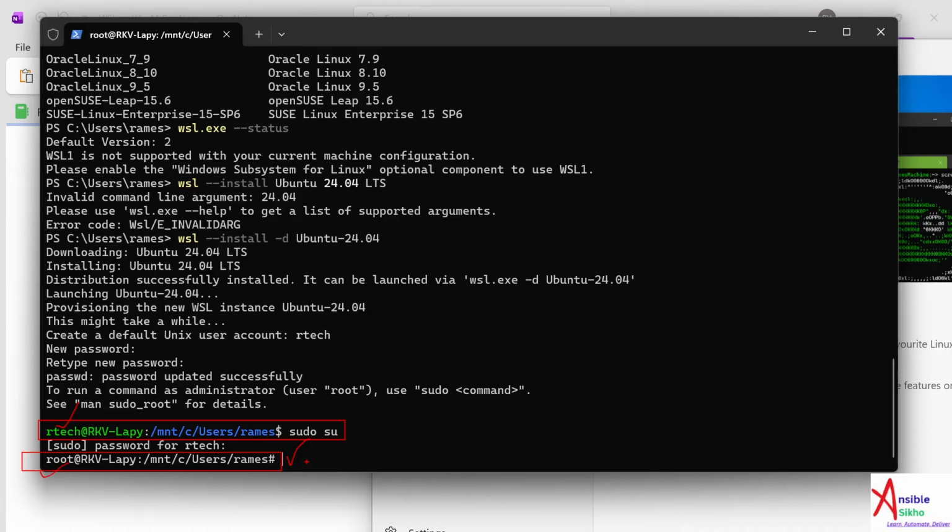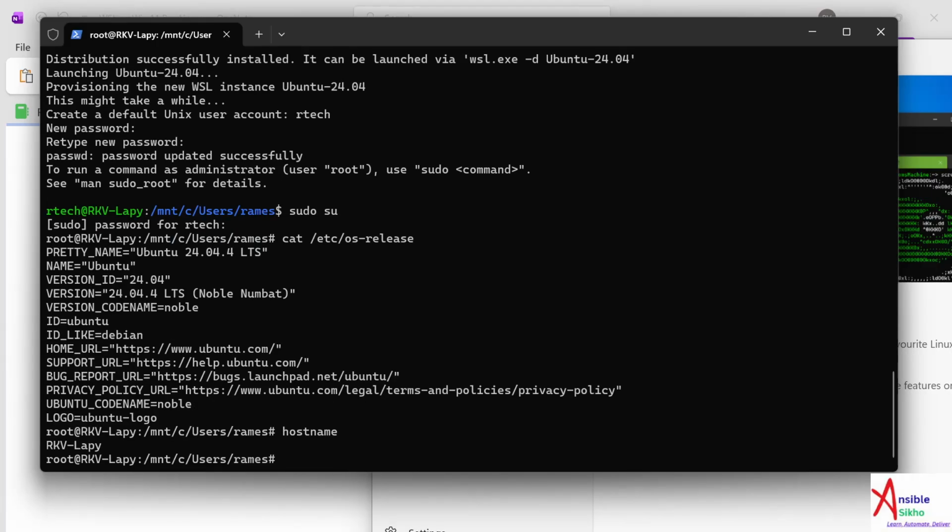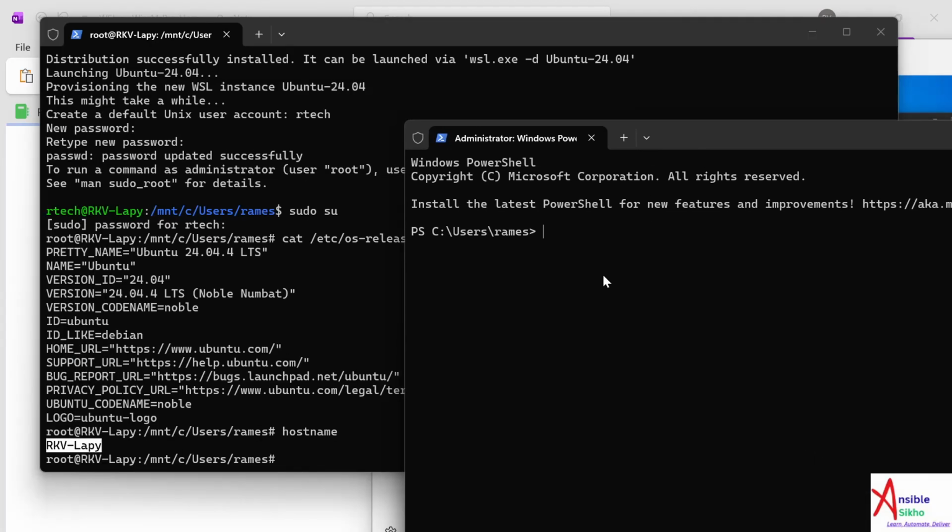Okay, now cat /etc/os-release. So you can see all the details here regarding Ubuntu. Hostname. So this particular hostname is picked up from my base OS system. Okay, so if you could see this,